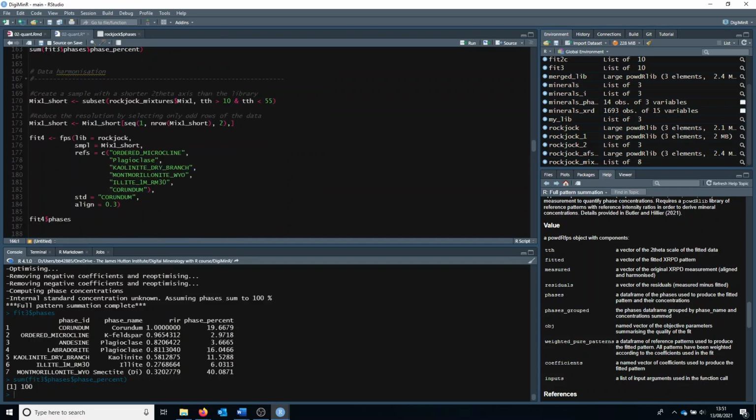And implicit within either approach, there is quite a useful feature in PowDAR, which means that you don't necessarily have to have your sample data and the library data on exactly the same 2 theta scale. So they might be on slightly different resolutions, or one might have a slightly lower 2 theta range than the other. And PowDAR will work with this no problem. So just to show how this works, we can just create a slightly shortened version of mix 1 using the subset function. So we're just going to select data greater than 10 but less than 55 degrees 2 theta,